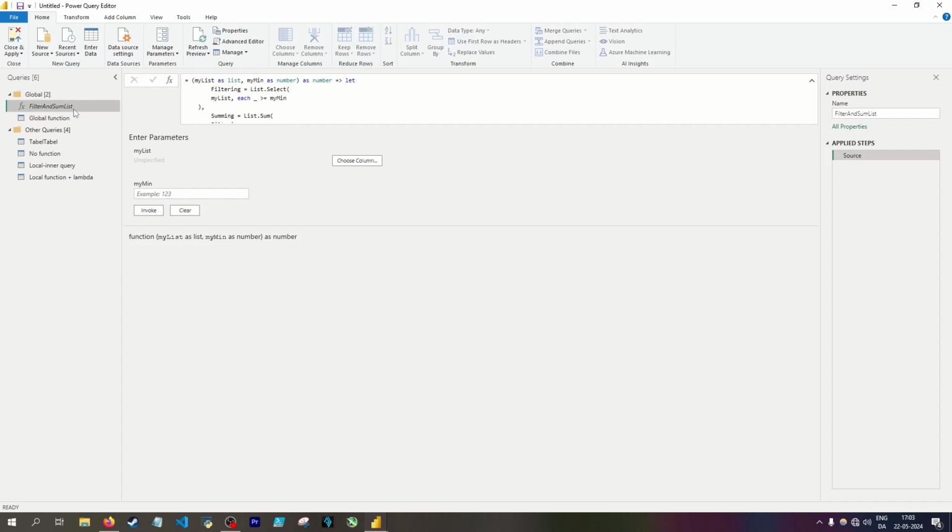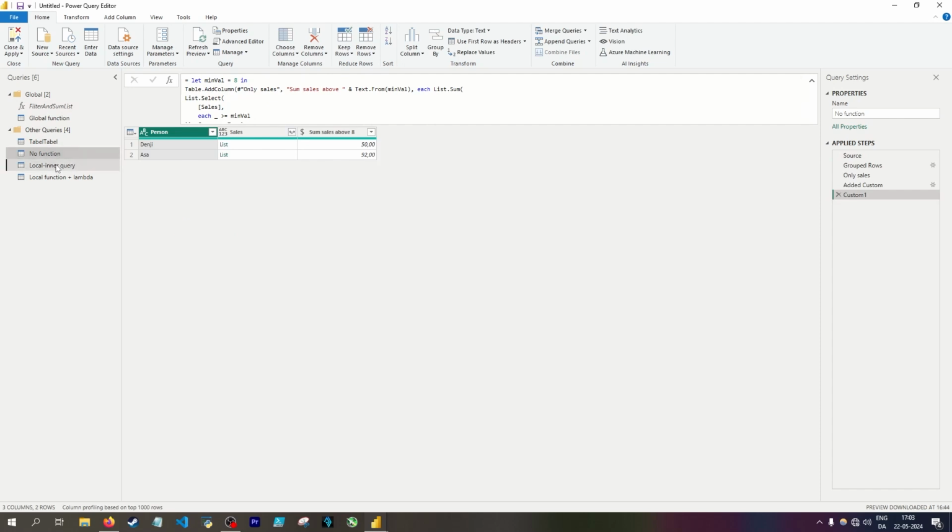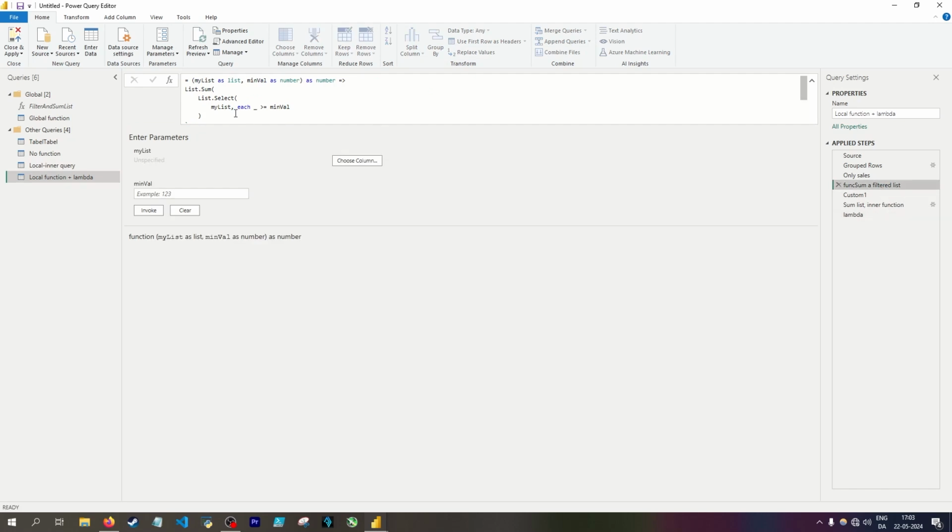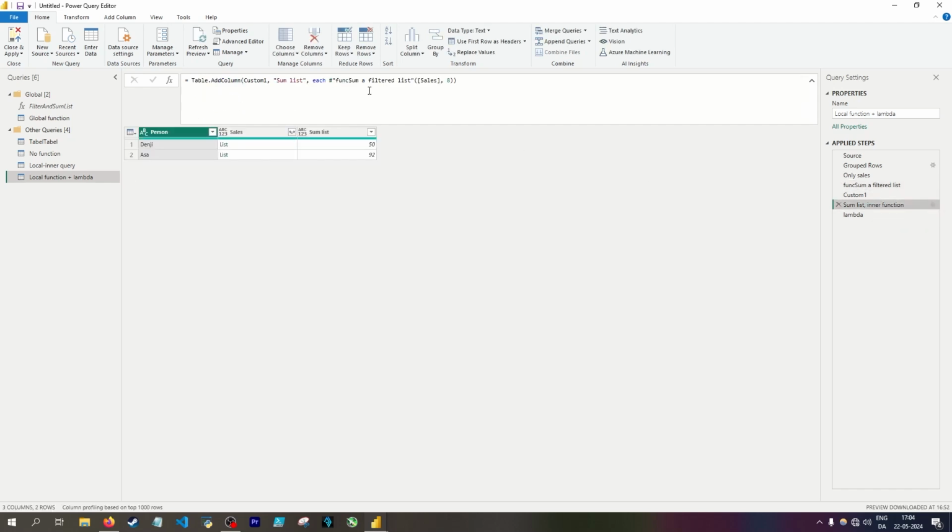You can decide for yourself whether you think it's worthwhile to have a global function if you need that, or whether you can survive with no function or a function inside of the query. I definitely prefer the local function option, as long as the function is fairly simple, as it is here. It's complicated enough to where I probably want it in a step on its own to make it easier to read, because then you're just referencing it like so. And if the function is very complicated, then I would definitely use a global function, meaning it all depends on your use case. So yep,